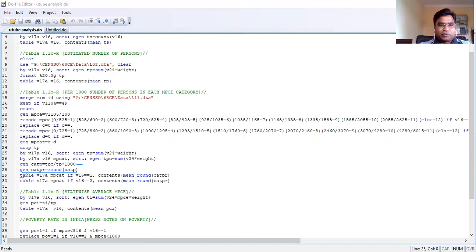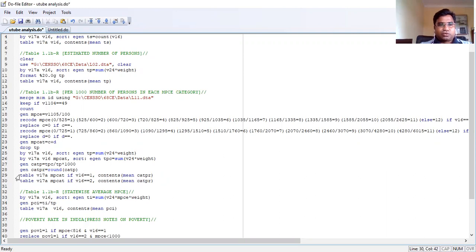In the next step, once again we want to see what has come up, right? So for that, we have used the same command that we have used earlier.